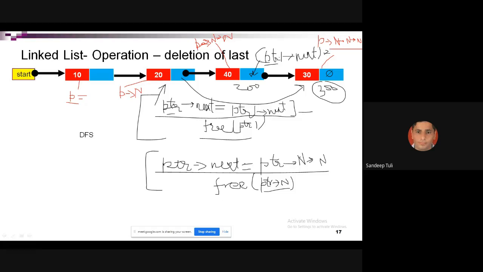So in this way, we can use the single pointer to access every node. Both ways are correct actually. If you see, the first way is correct, and the second one is also correct. In the first we are using 2 pointers, and in the second we are using a single pointer. So obviously, which one is optimum? The second one is optimum. In this we are declaring only 1 pointer.